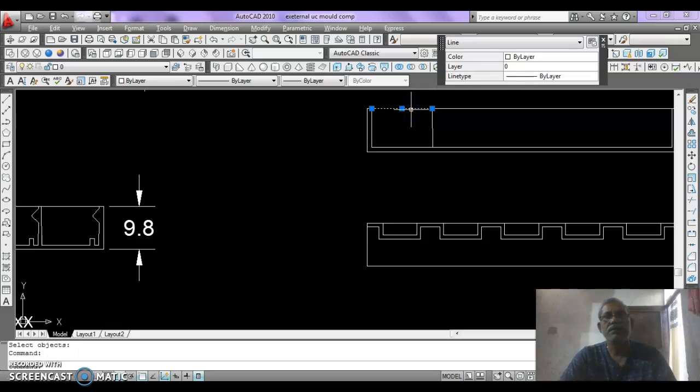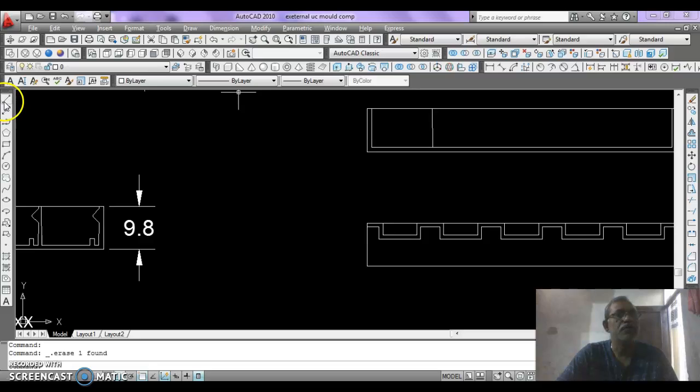Now erase this, delete, and then draw a line here by 0.5,